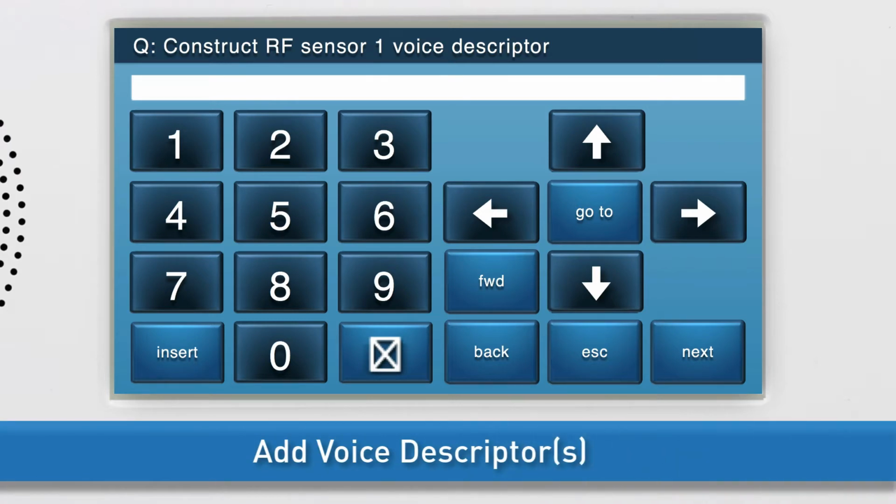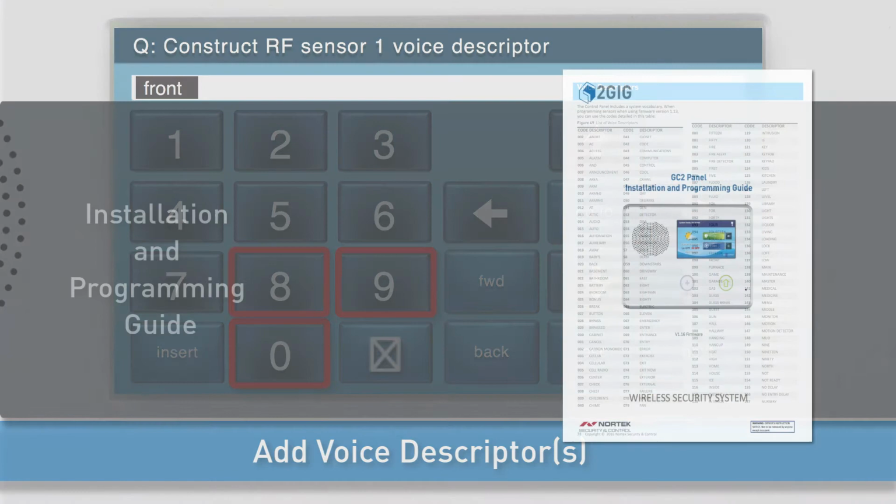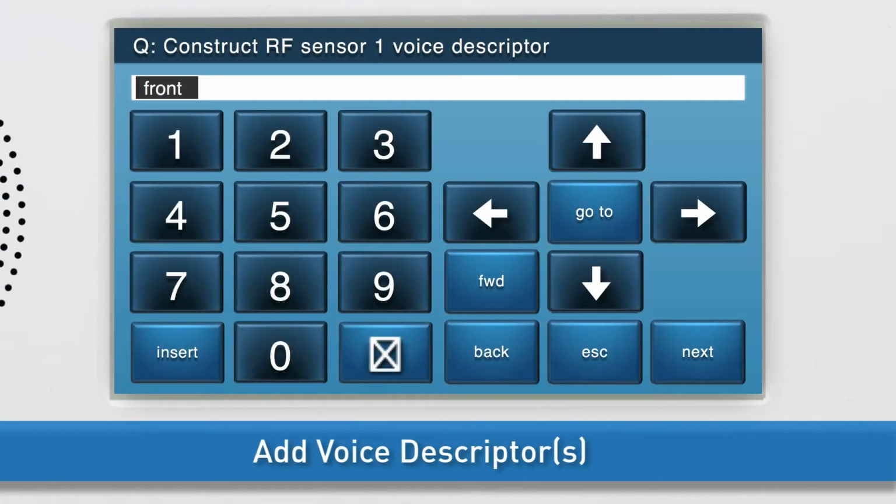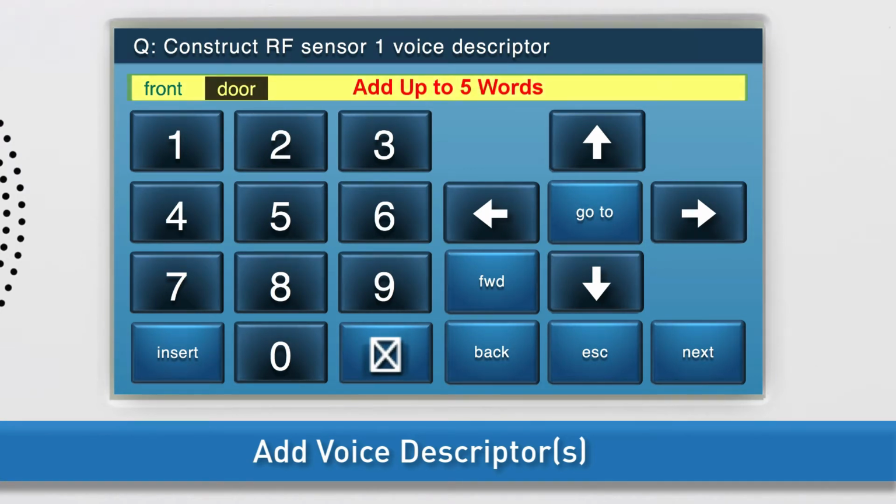Next, add the voice descriptors. Press Insert. The word abort will automatically appear in the answer box. Change the word by either using the right and left arrow buttons, or by typing the word's 3-digit code using the keyboard. For a list of all voice descriptors and their associated codes, see the Installation and Programming Guide. To add another word, press Insert again and repeat the steps just discussed. You can add up to 5 words. Once the desired word or words displays in the answer box, press the down arrow to go to the next